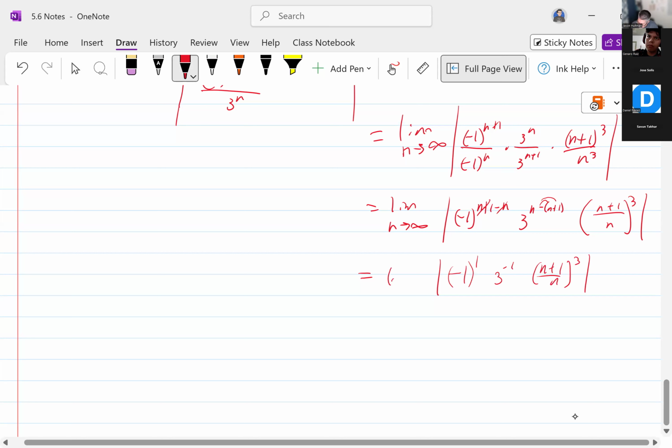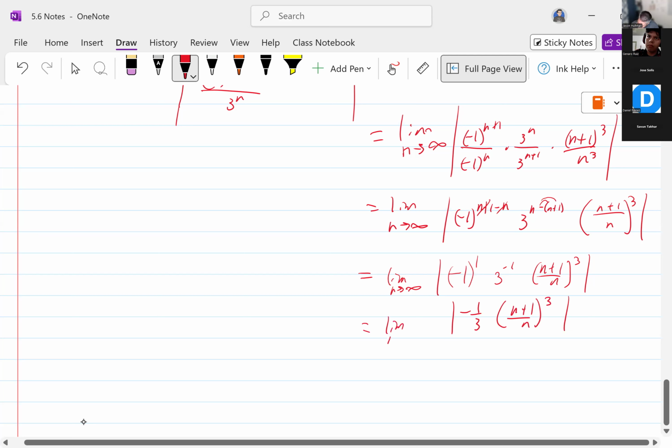Again, limit as n goes to infinity. So this is -1 to the first over 3 to the negative first. This is -1/3, times n plus 1 over n cubed, absolute value of that,